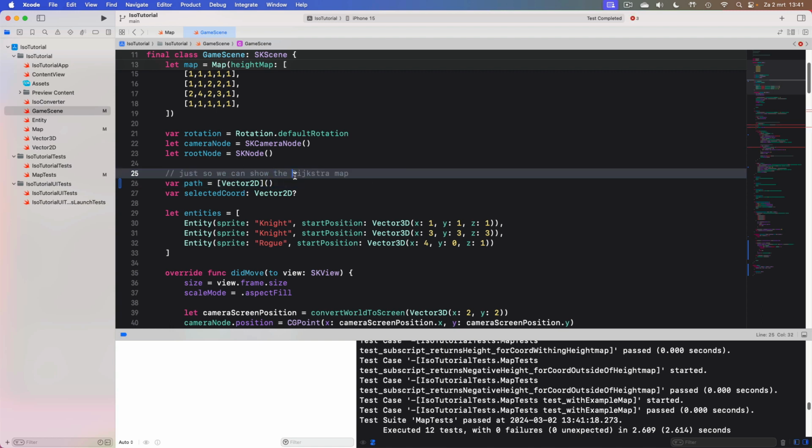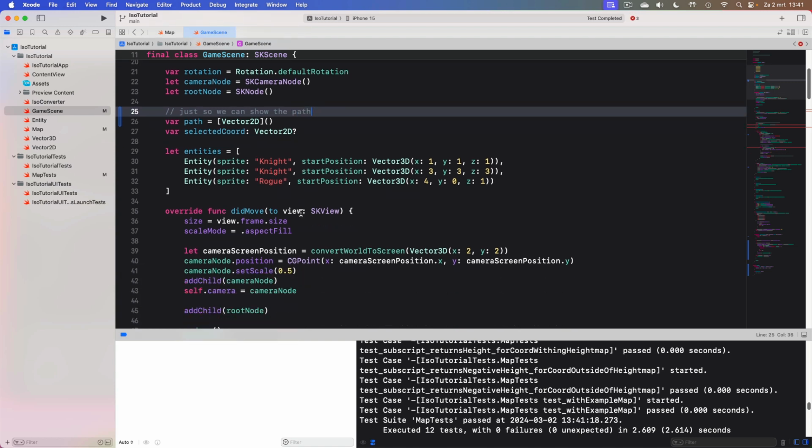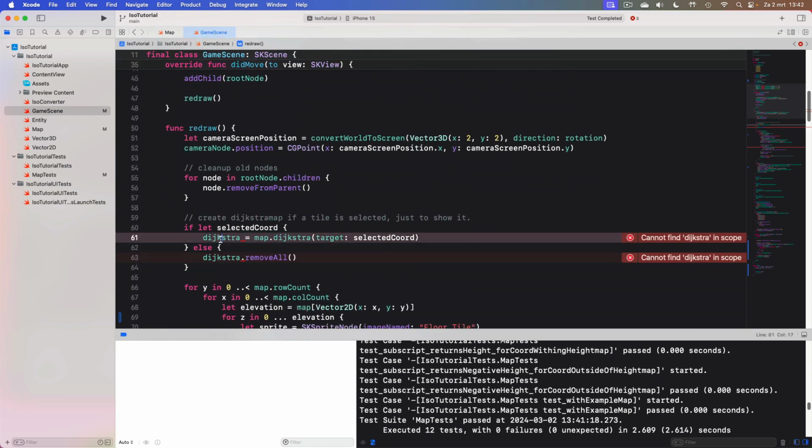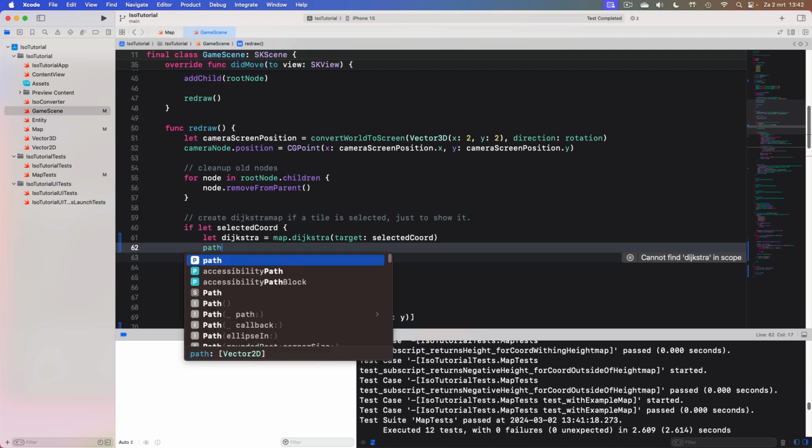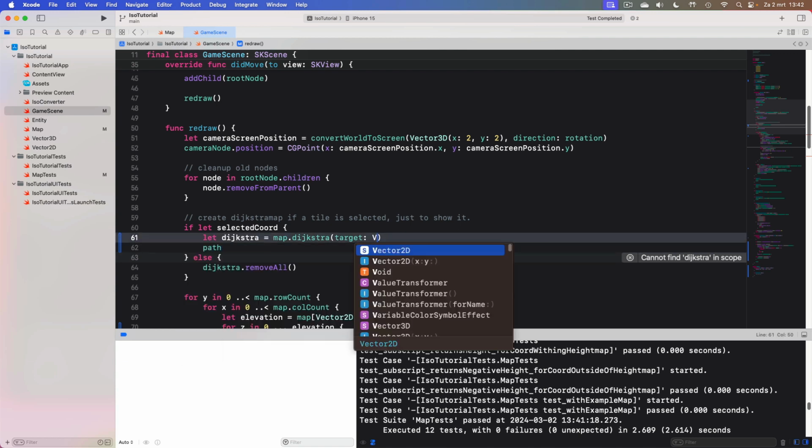We can show the path. Then instead of what we're doing here, we still need a Dijkstra map. And let's say we start from